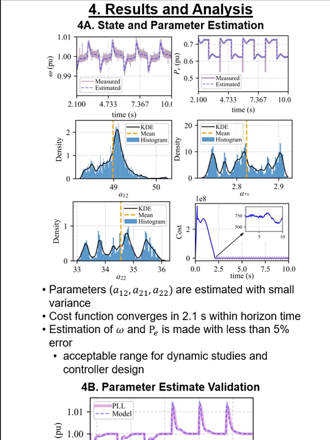The average estimates of the parameters are represented by the yellow dashed line in the kernel density plots and the histogram distribution plots. MHE tries to achieve a minimum cost function defined over a finite horizon length. However, the cost function does not reach the value 0 due to the noise in the measurements. In section 4b,